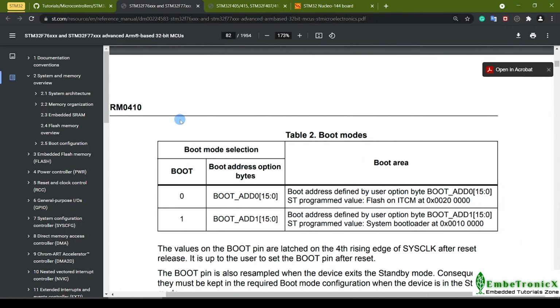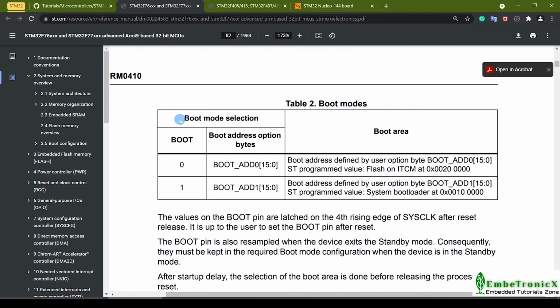In my STM32F7, only one pin is available. Based on this GPIO state, the controller will decide where to start. If the boot pin is 0, then it starts from 0x00200000. Otherwise, it starts from 0x00100000.